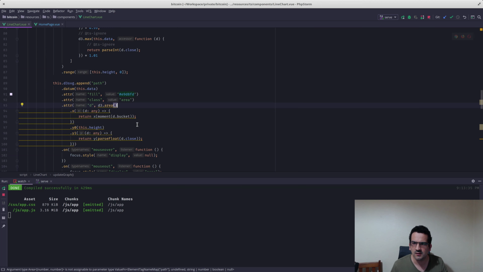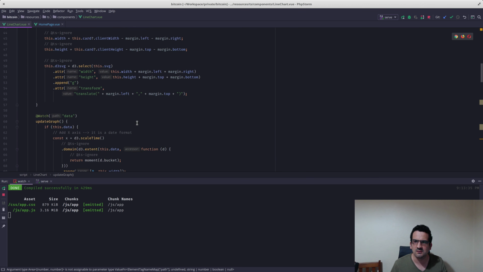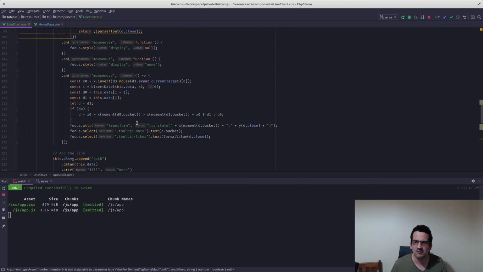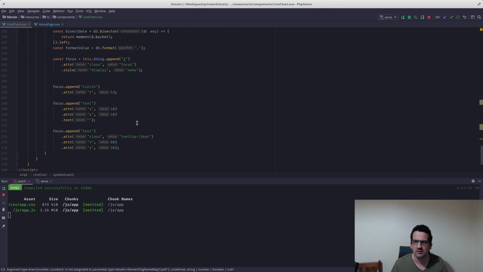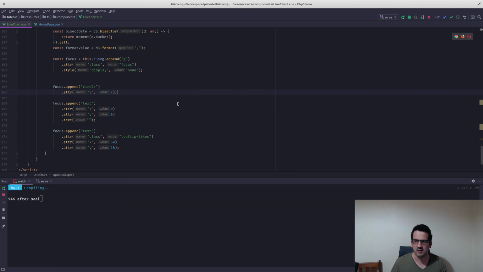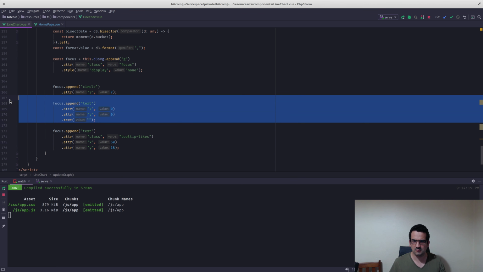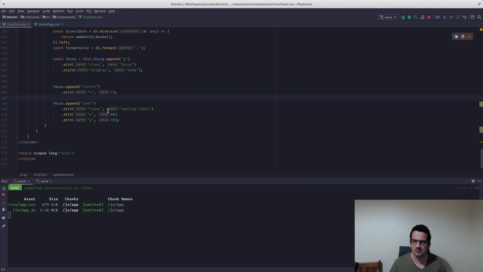Okay, but one thing that still bothers me is this text that's so far to the right. So let's see where we're adding our focus text. Okay, so this is our, let's see what that is. I'll actually make that a little bit bigger. Okay, so that text we can actually, because we're not,